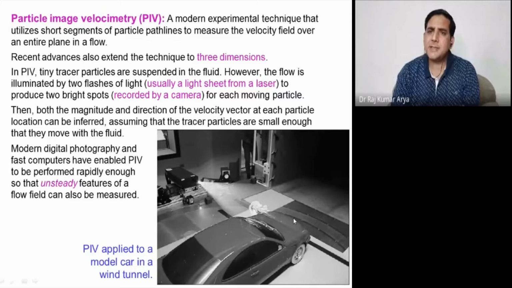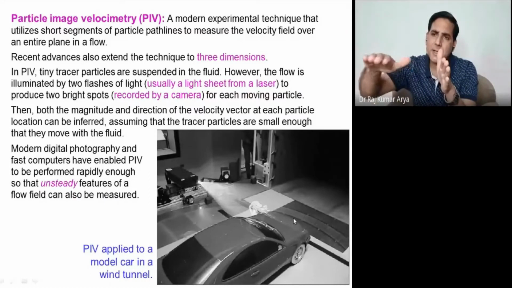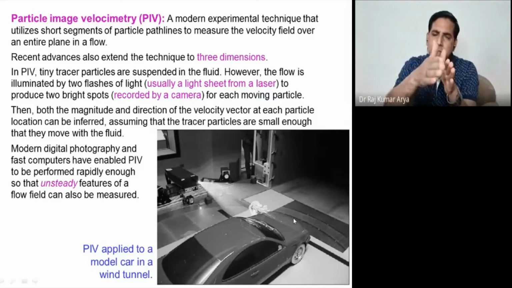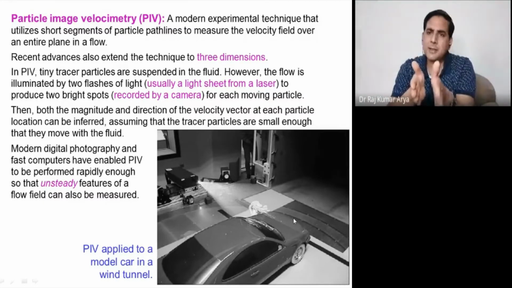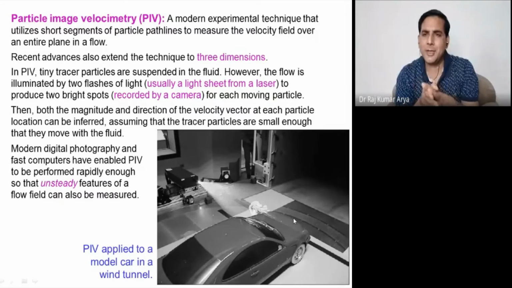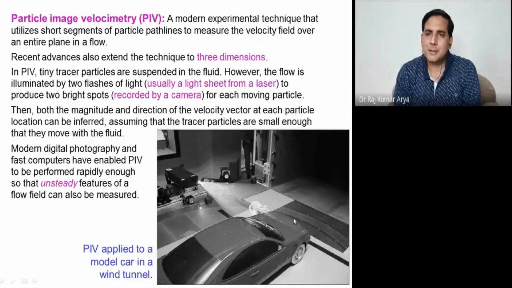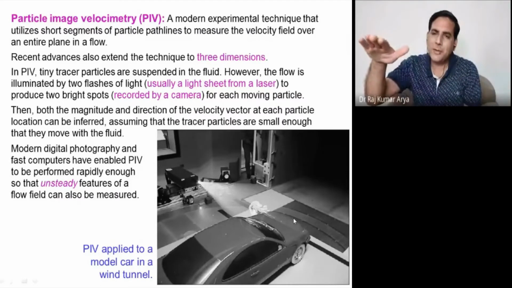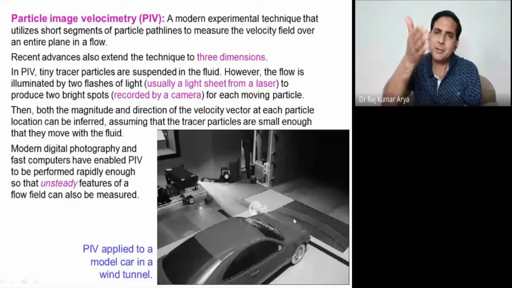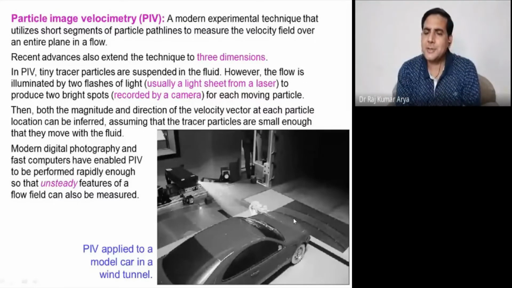So you might have seen these days that several cars on the front side have a very smooth finishing. After that, the back is just like a flat end, the back side. Do you know the reason for that? Why is it that way? You have a good finishing on the front side, and after that you have the back, and the back is just flat. Can you justify the reason for that?